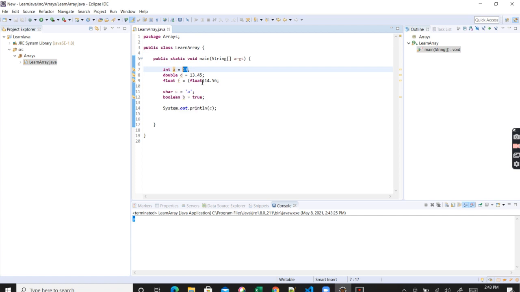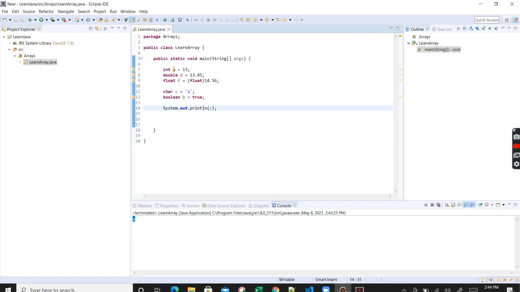Now, there is an interesting possibility in Java. I'm not going into the different sizes, that's a different topic altogether. But I want to show you that int and char have the same size.